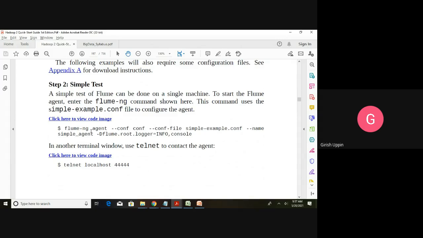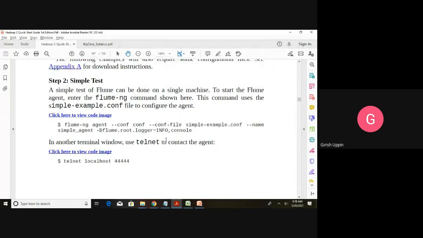So flume-ng agent, this is the configuration, and this is the configuration file that we are going to use, simple-example.conf. Then the name, simple agent, and this is the logger that we are going to use, -Dflume.root.logger equal to INFO comma console.